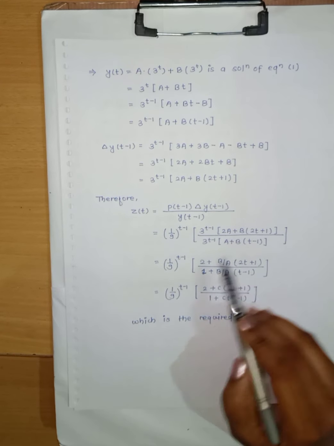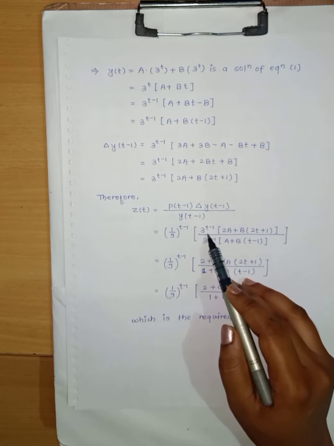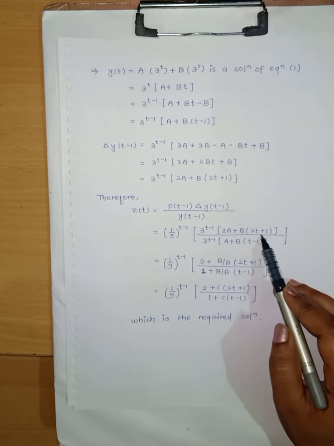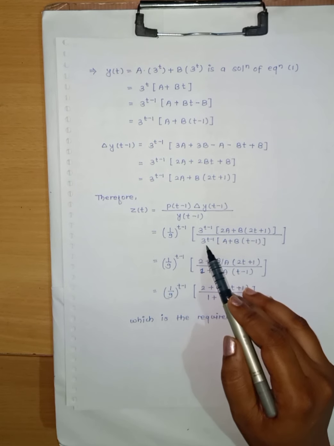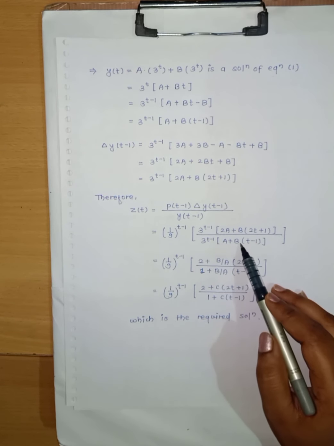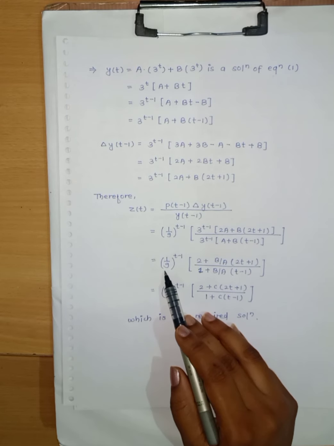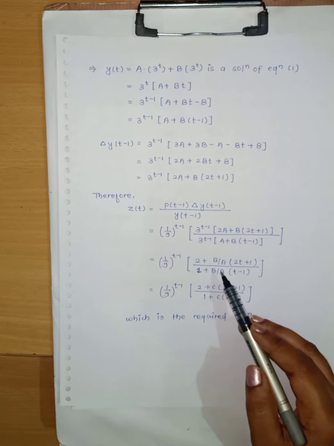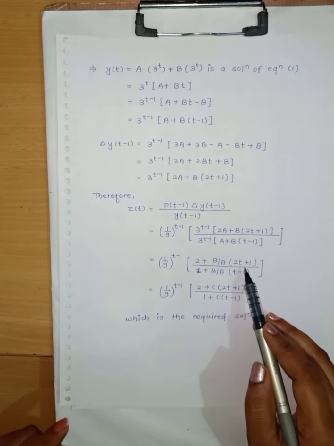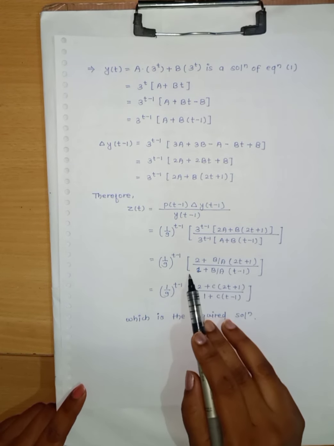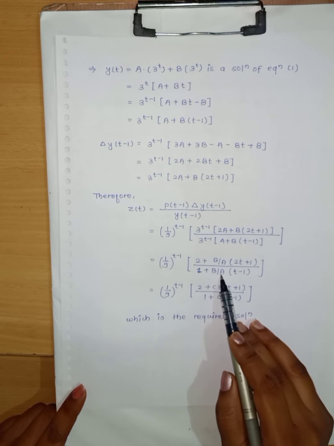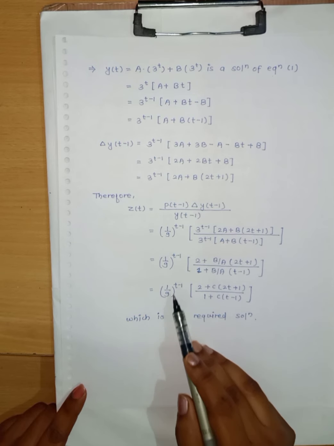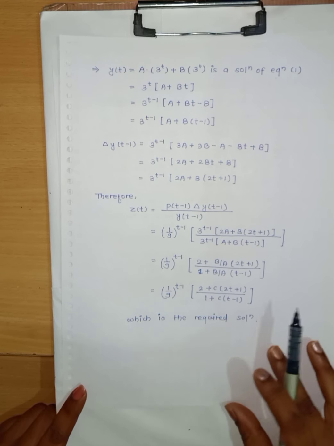and the value of y of t minus 1. So delta of y of t minus 1 is 3 to the power t minus 1 into 2a plus b into 2t plus 1 upon 3 to the power t minus 1 times a plus b into t minus 1. Next 1 by 9 to the power t minus 1. By solving this we get 2 plus b upon a into 2t plus 1 upon 1 plus b upon a into t minus 1. Next we get 1 by 9 to the power t minus 1 as it is, and